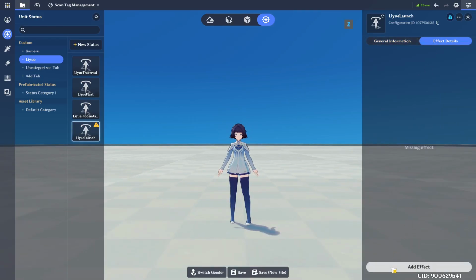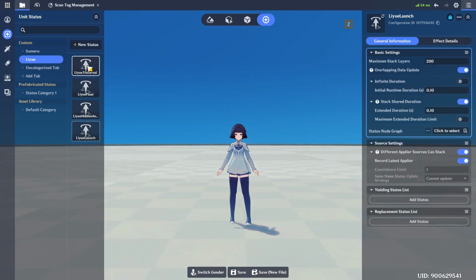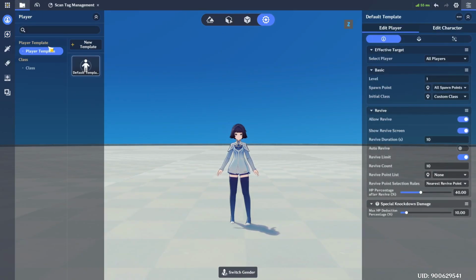Next, we need to add... Let's see. We don't need to hide a player. We don't need to disable the gliding because we're already doing it here. So we actually don't need to do anything to it. It's just like these where there's like no effects to it. We're just using it as a kind of a timer status. All right. So next, we need to modify our